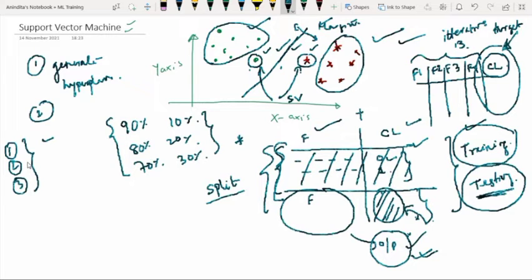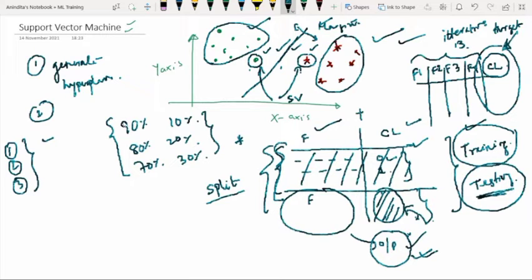While training, we give more data, but while testing, we give very little data. If our machine performs better on that, then we decide that our machine is trained properly. This is the basic concept, so we always prefer to take very little data for testing.